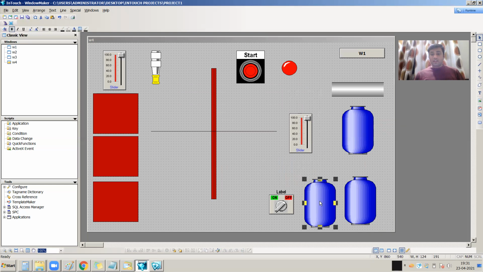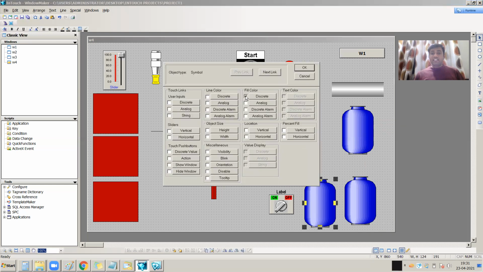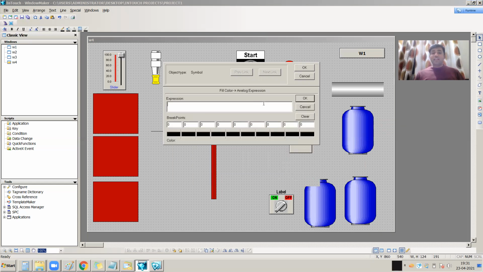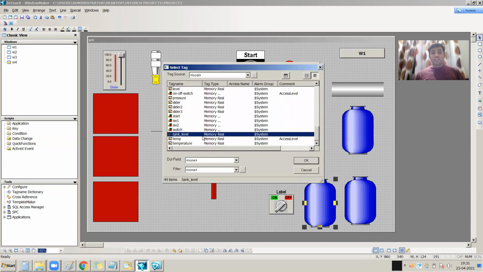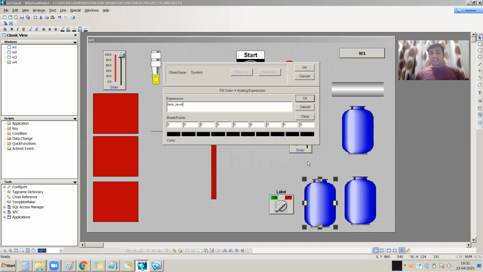I am deselecting this discrete property and selecting this analog property for this tank. Whenever I go for the analog property, I need to attach the analog tag. So what should the analog tag be? Obviously tank level, because I am going to use the tank level as my tag.